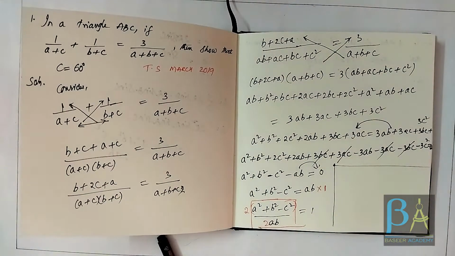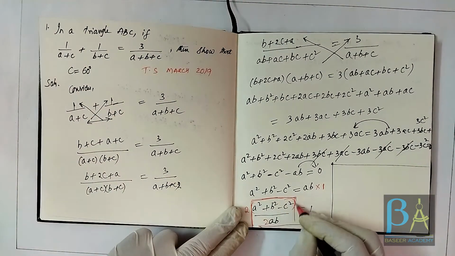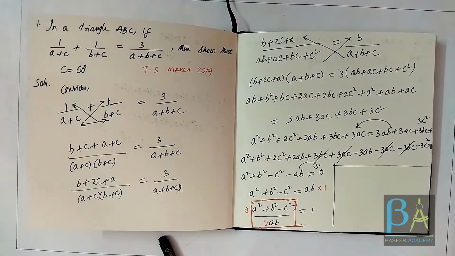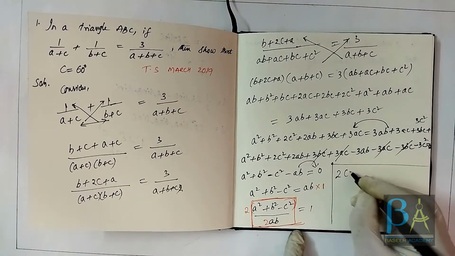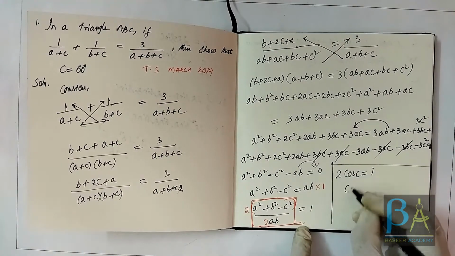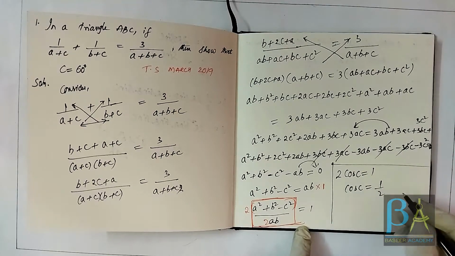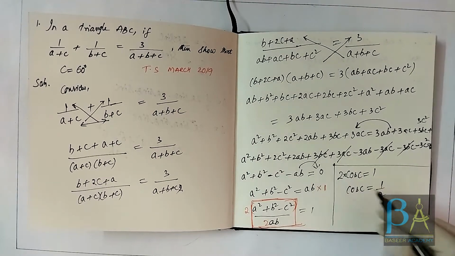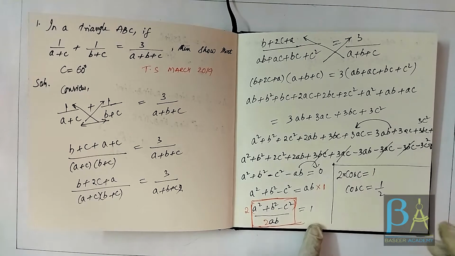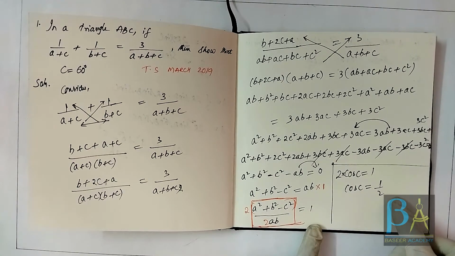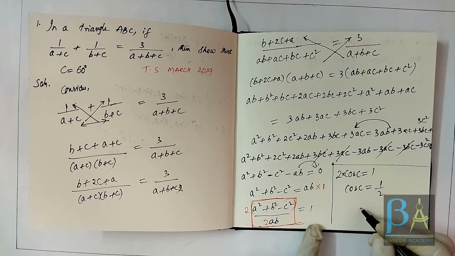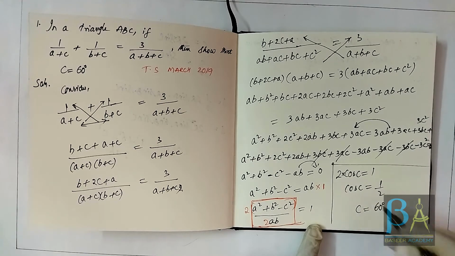So now in place of this rectangular part, I am going to write cos C. So this is going to be 2 as it is. So now cos C is going to be 1 by 2. 2 is multiplying on the left hand side, so obviously it will divide on the right hand side. And at what angle is cos equal to half? Cos is equal to half when the angle is 60 degrees. So this angle C has to be 60 degrees, hence proved.